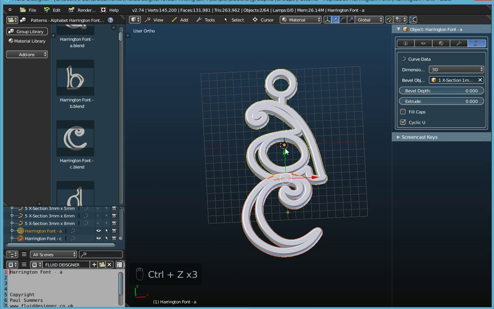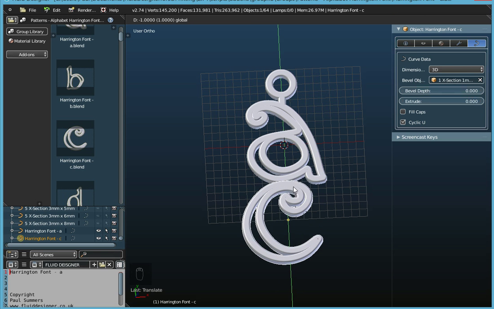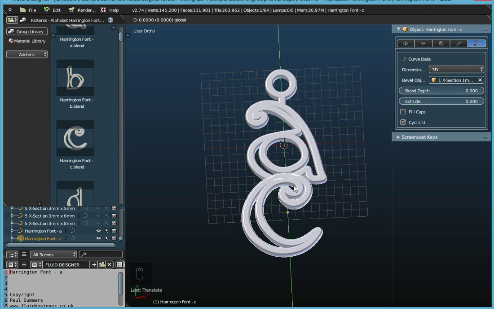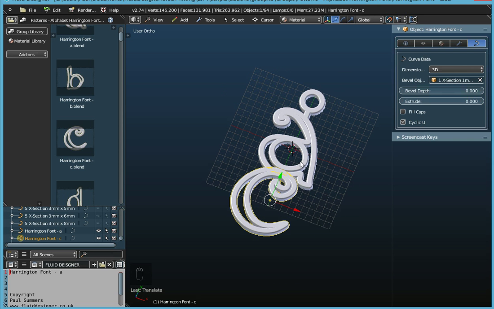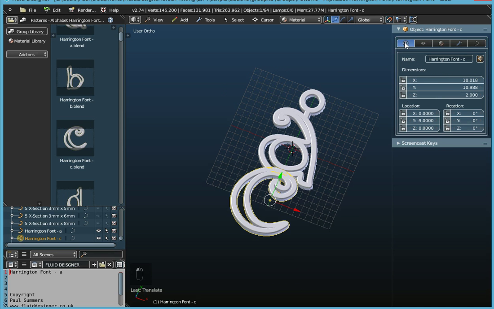Yep. So C is separate. Oops, not quite. Yep. C is separate now. So if I just move that. Yep. So that's one thing that I could do. I could join the letter C to A. Now with this C highlighted, if I just go over here to show the main information in the Properties panel,